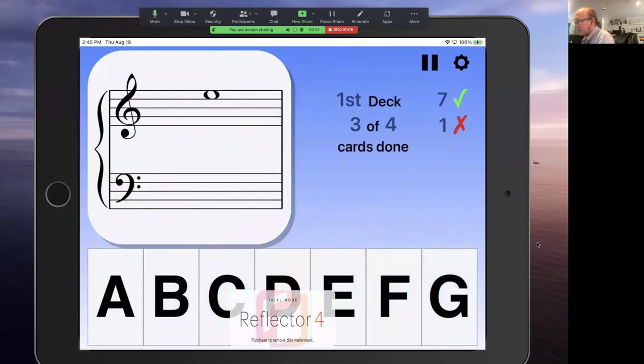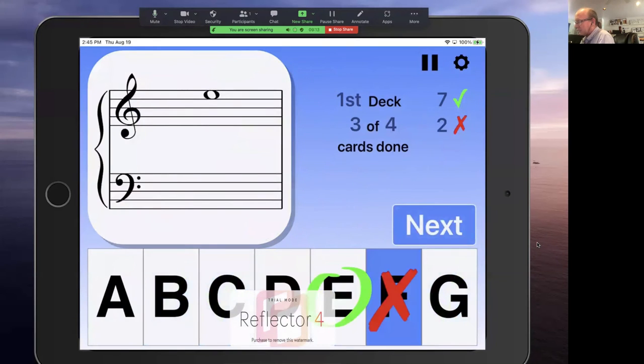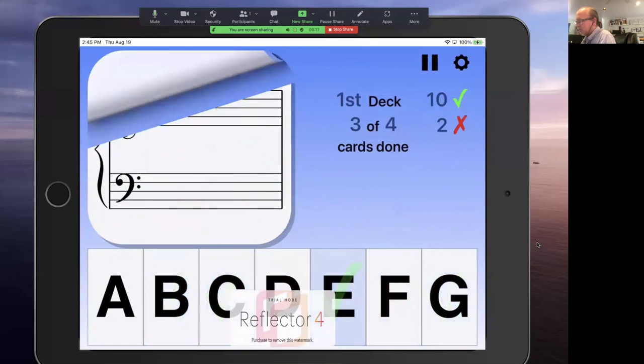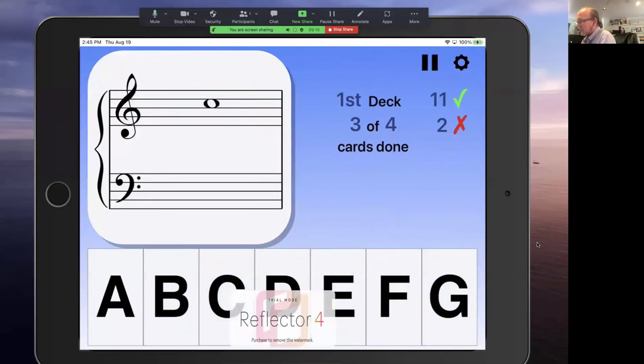Now here's the funny thing, if you are extended beyond this, let's say I'm going to get this wrong again, F, oops, and I'm going to hit E. It's going to drill me on the ones I'm wrong, plus keep throwing in the old cards. Eventually, if I get everything right,